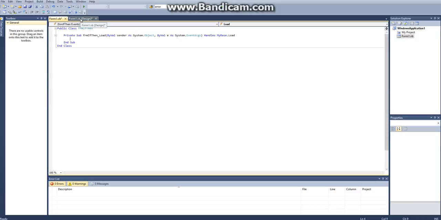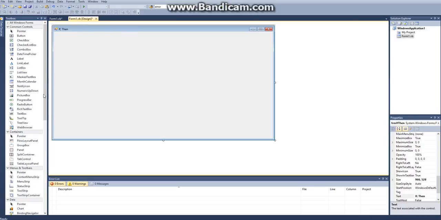And we don't really need anything on the form load for this basic project here, but in the future maybe you want to start your program centered on the screen or in full screen mode, so then that form load can be useful. So the first thing we're going to do is add a text box to the screen,